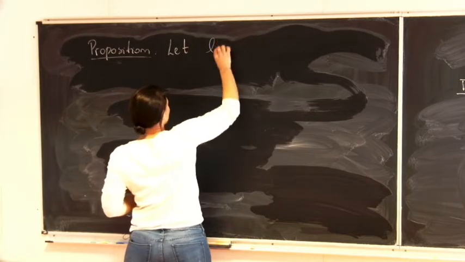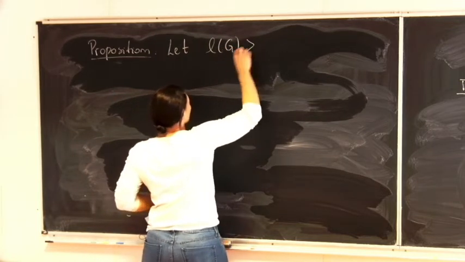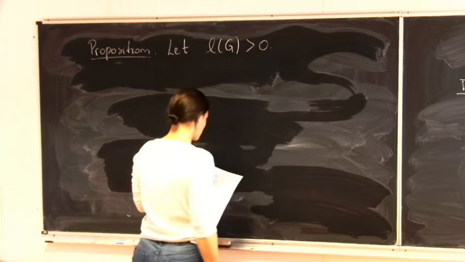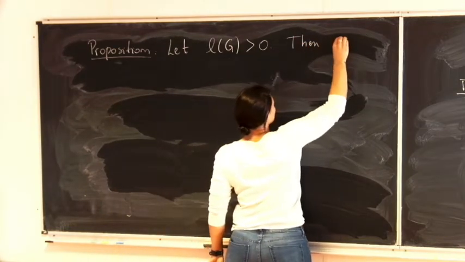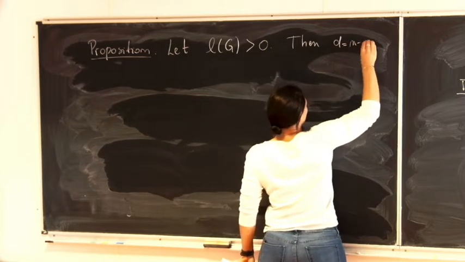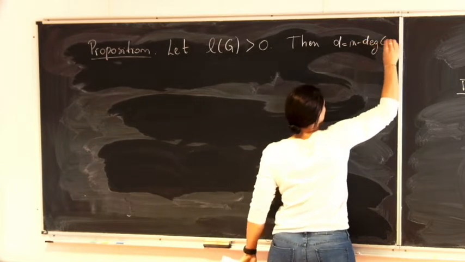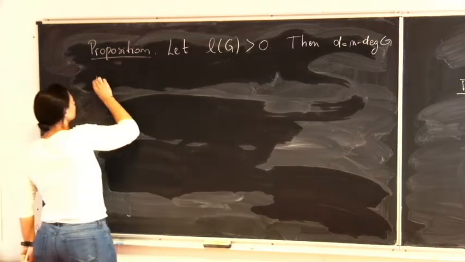So we assume that the dimension of the divisor G is positive. And so what we have is that d is exactly n minus the degree of G if and only if